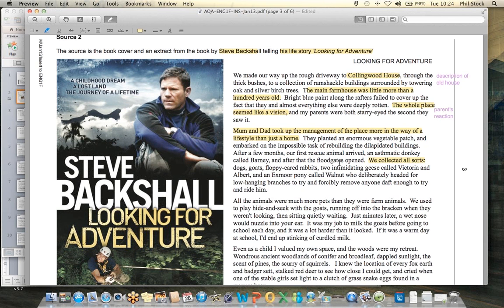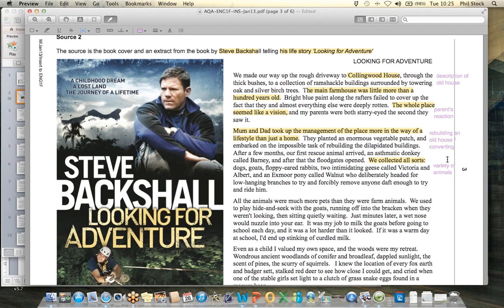So this is more explaining rather than setting the scene, and I can tell that because of some of the facts that have been used, some of the details that have been provided. If I was to, in my own words, put what I think is the focus of this paragraph, I would say, well, here we get the idea of rebuilding an old house, and that his parents are doing that. They are converting it. And I think this second part of the paragraph is about a variety of animals. And it hasn't been explicitly told to me, but what I think I've realised now is that